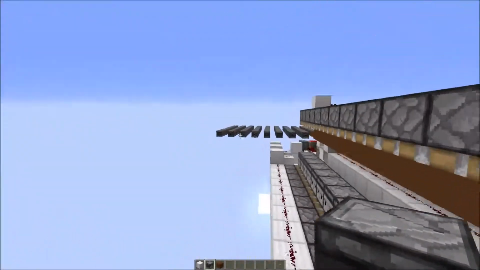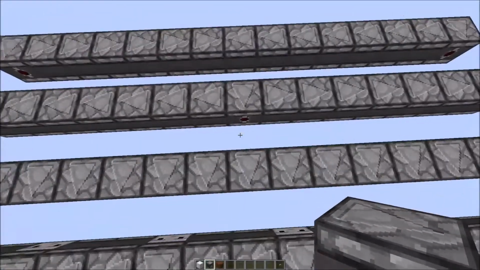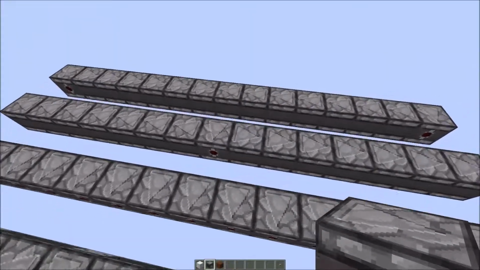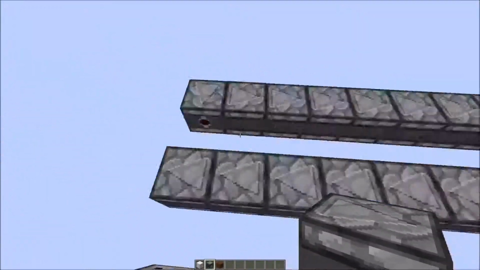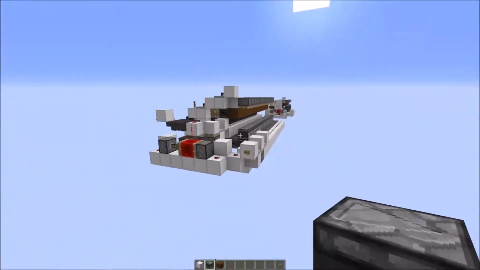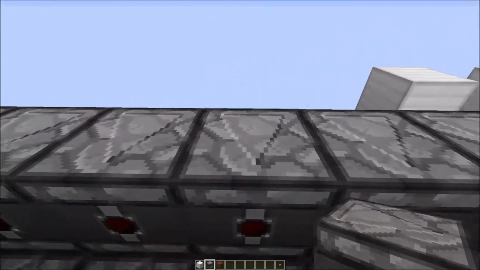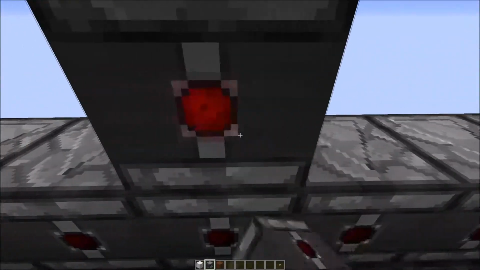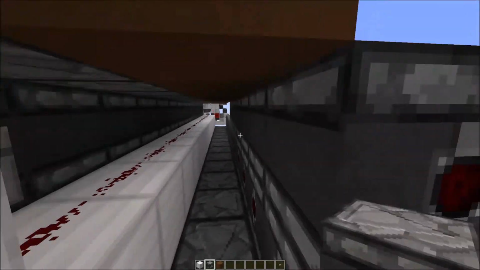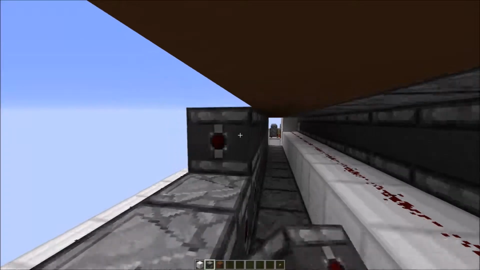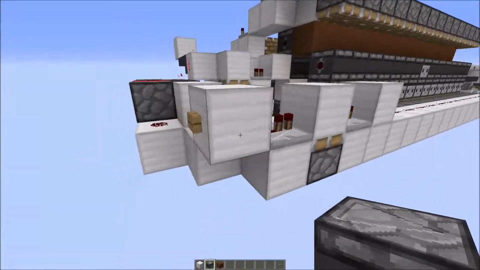and this time the pattern is a little bit different from others. You have one observer block in the center facing towards the front, and on the right side all of these are facing towards the right, and on the left 7 observer blocks facing towards the left. So come over here, count 7 blocks, 1, 2, 3, 4, 5, 6, 7, and place an observer block facing towards the front. Then place all of these facing towards the right, and on this side facing towards the left. Press this button,